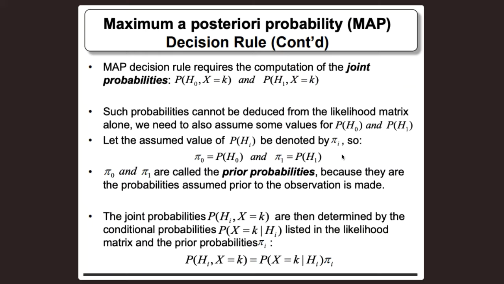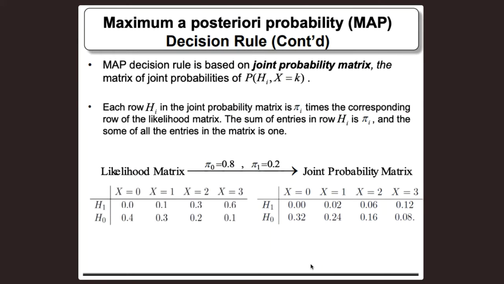We have to assume some values for the probability of H0 and the probability of H1. So let's assume them as pi naught and pi 1. These are called prior probabilities because they are assumed prior to the observation being made. So the joint probabilities can now be calculated very easily by just multiplying the prior probabilities with the conditional probabilities. Using this formula we can calculate that, and the whole MAP technique is based on the joint